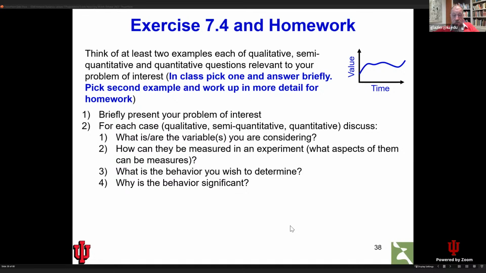To answer it is not so easy. But I think grappling with it is important. And again, if you're doing engineering, you're going to need to grapple with this, whether you become a bioengineer, a mechanical engineer, an electrical engineer. Electrical engineers mostly deal with quantitative questions because they can measure things more easily. But you have to address these questions in every field of engineering, in every field of